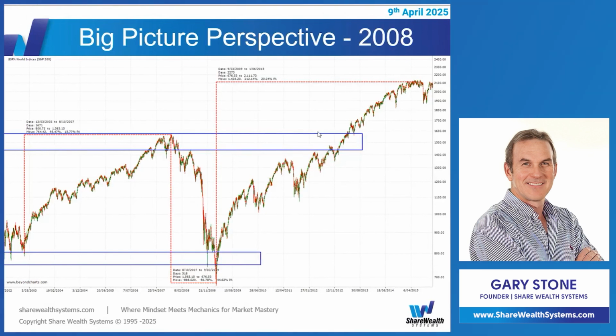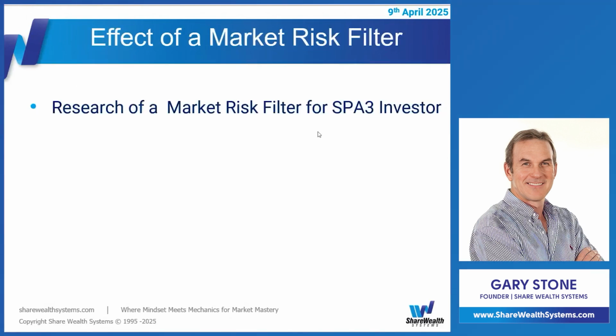And one of the things that Mark Douglas used to say, although it's not in his book but in his notes from his Path to Consistency workshop, is that if you think you know, you're not in the flow. So if you think you know what's going to happen, it takes you out of the flow. And this is where we've got to stay true to our process.